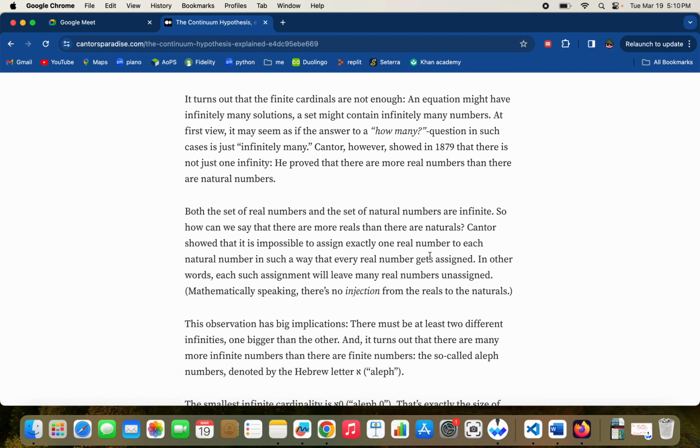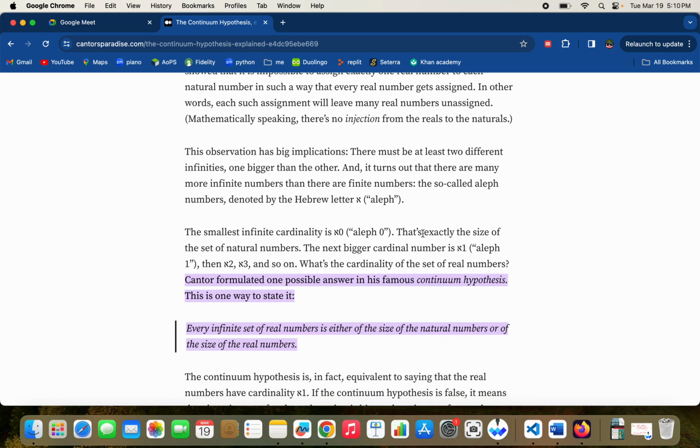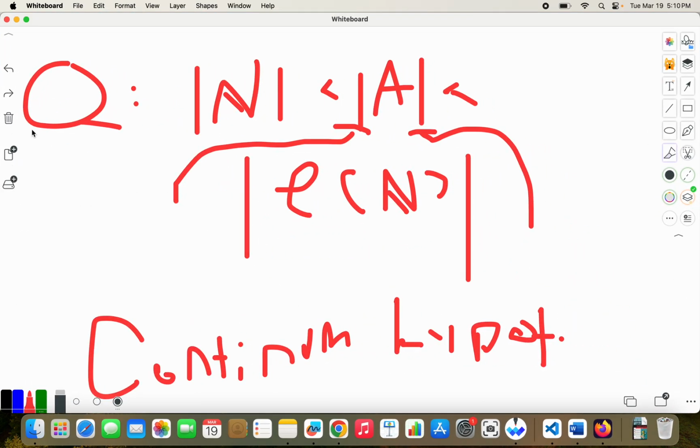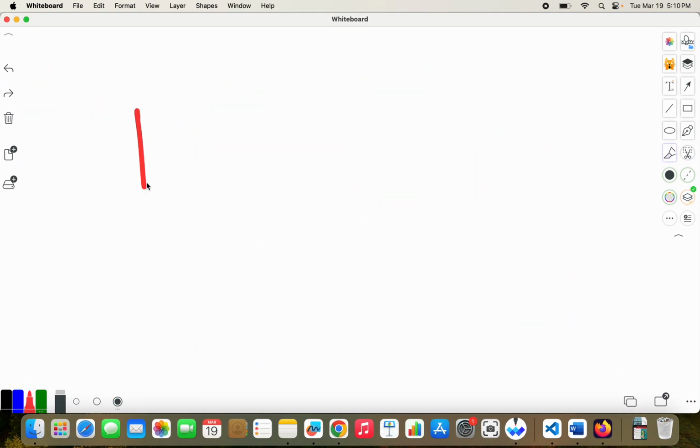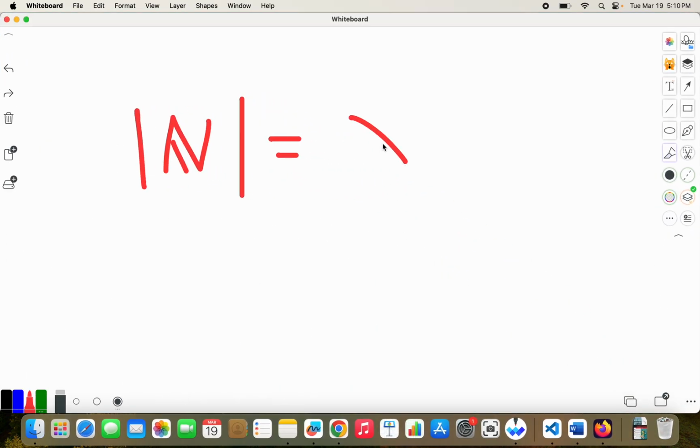So we need infinite cardinals, so Aleph. We get Aleph null, Aleph 0. That's the size of the natural numbers. Oh yeah, I should probably write this because this is probably interesting stuff. So the cardinality of the natural numbers is defined as Aleph null. I actually saw this in a